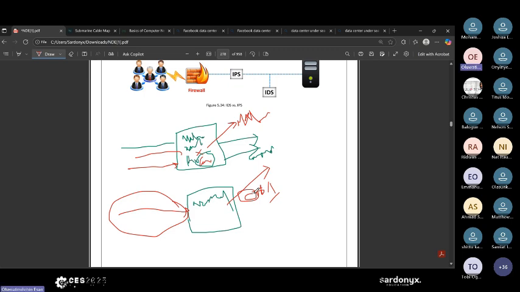But the problem is that there are a lot of false positives because some traffic can actually be normal, but it looks abnormal because of the different AI models or machine learning models used to train on normal traffic. And of course, you need more data to be able to train on normal traffic. That's the problem of anomaly detection.